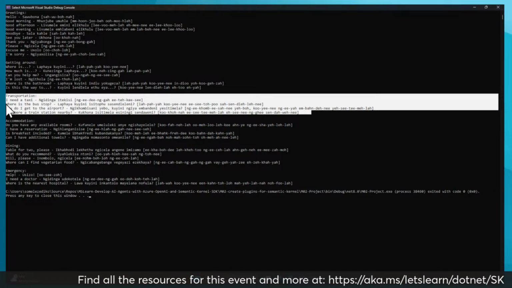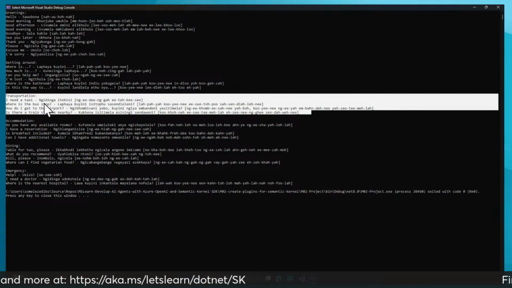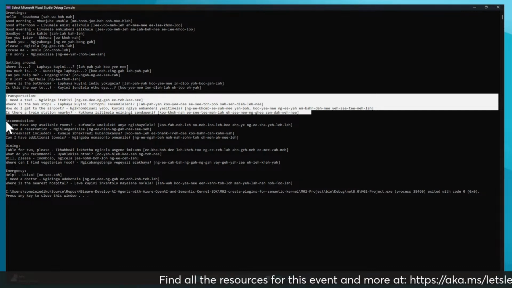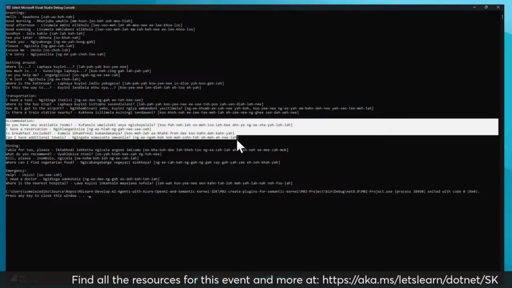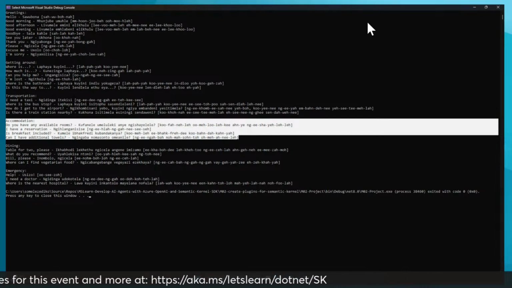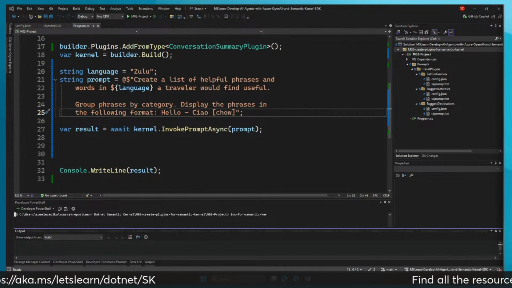So if you're speaking English and you say you need a taxi in Zulu in South Africa, if you come into South Africa, whether you go to Durban, where I stay, you would say ngidinga itekisi, which is I need a taxi in Zulu. And then if it's for accommodation and so forth, these are the phrases that you would actually have. So this is more on building on the prompt that you actually provided